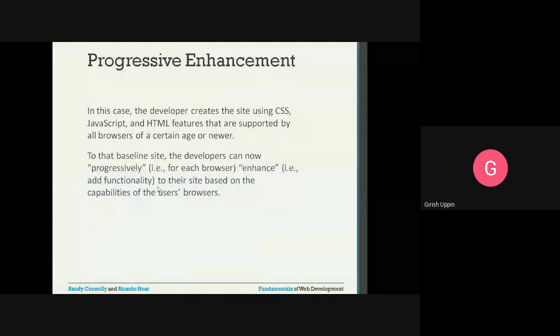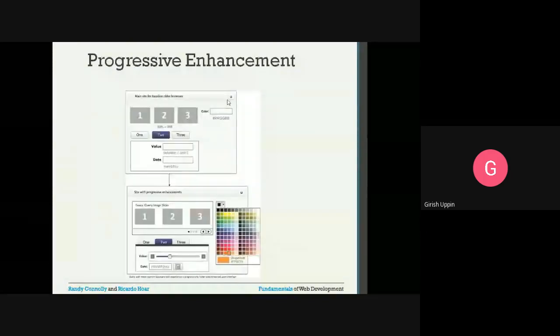This is exactly opposite. This is the version you want to start on, a little older version, maybe 2 to 3 versions. Then you will develop like this, and as you see the latest versions of the browser, you will enhance this. So you will replace this with a color HTML element, and with the range and the date picker.